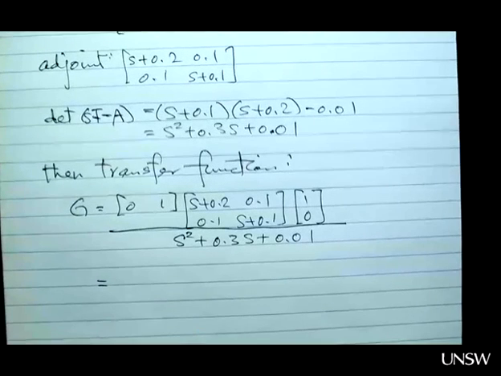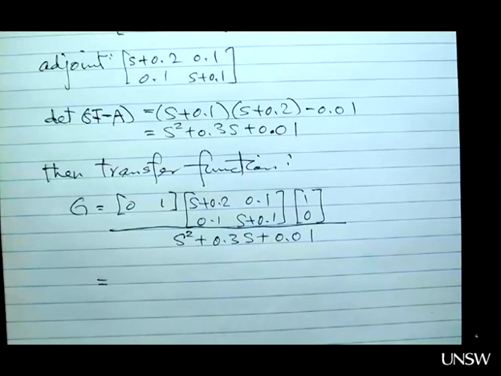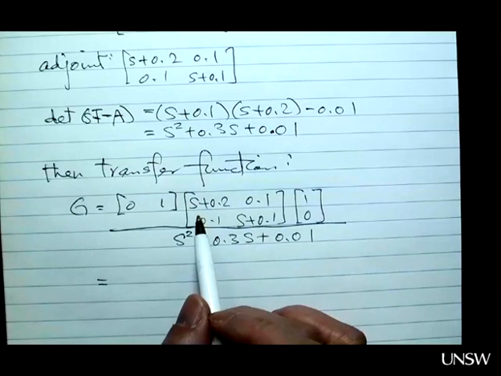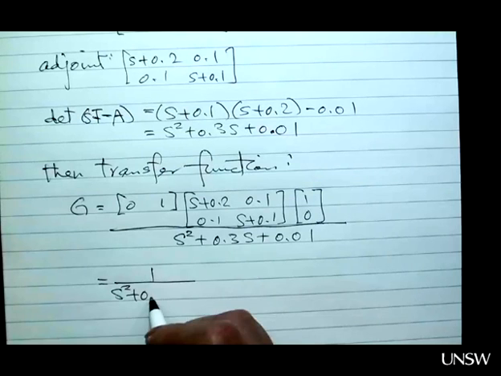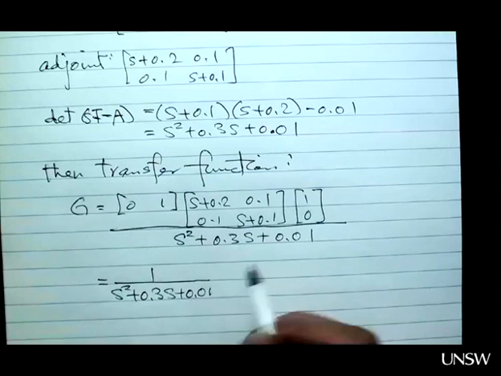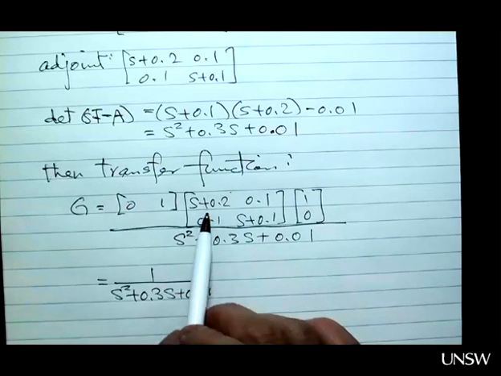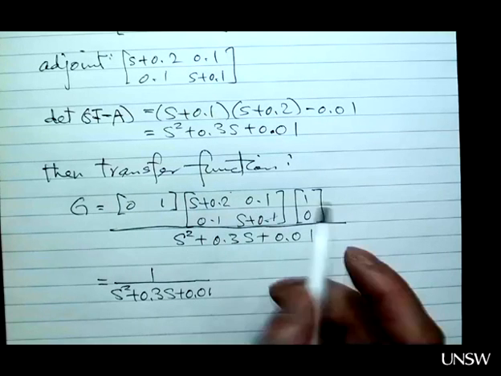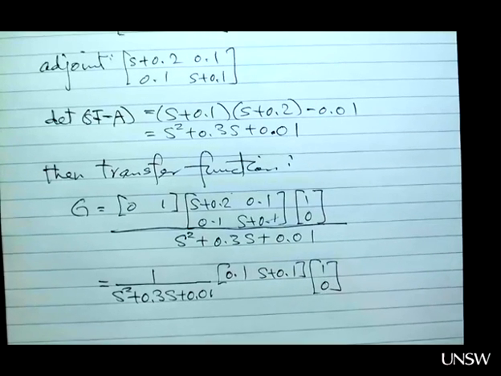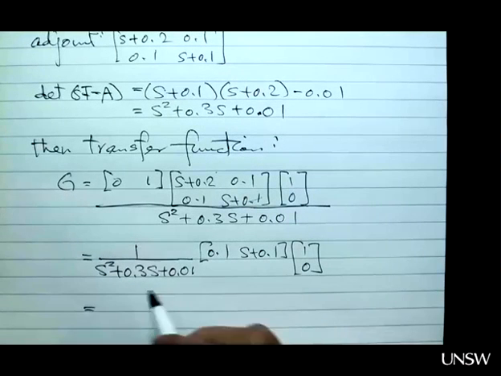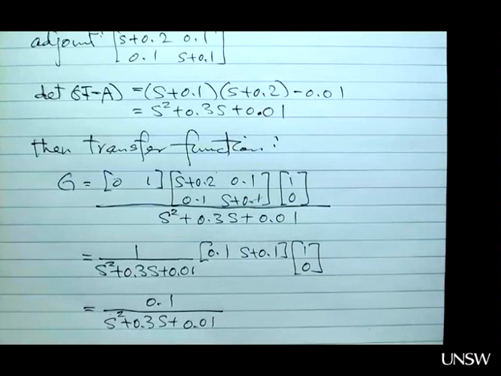So if we work it out carefully, then we have, we take out the determinant, and then this part, it is 0, and then what is left is the second row. Yeah. And then multiply with B. Then it becomes